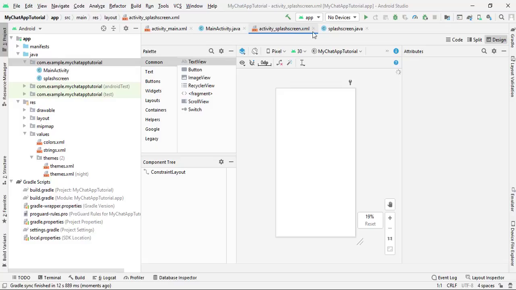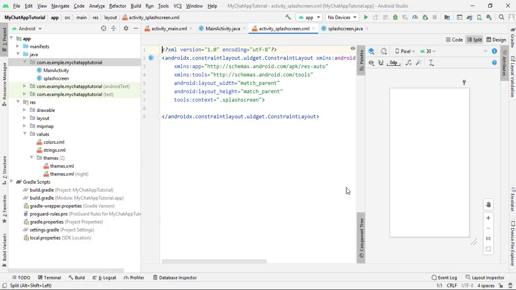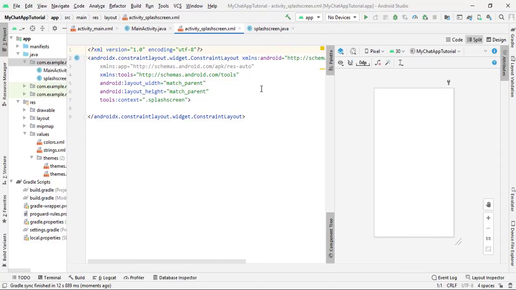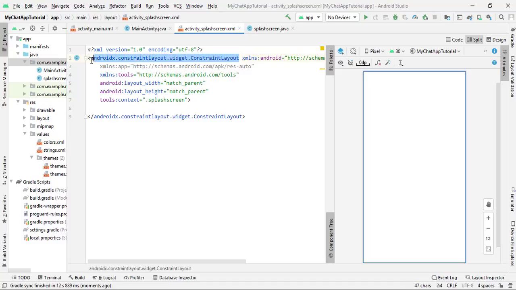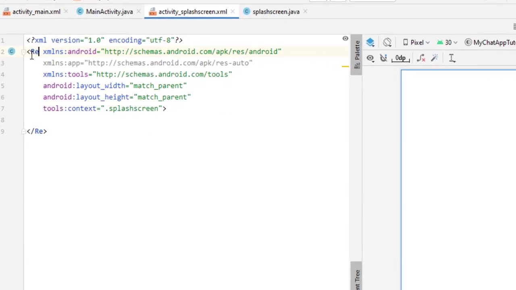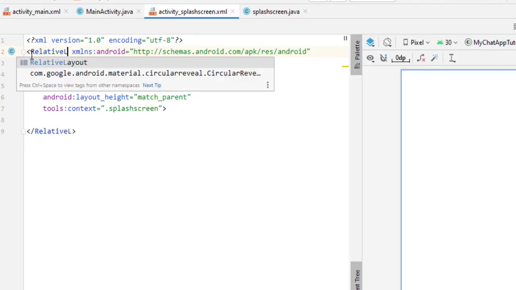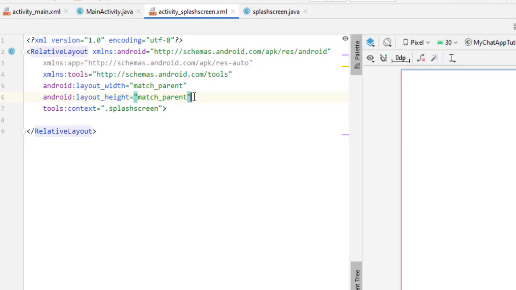So we are set to write all the code. First of all, simply click on activity splash screen, because as I already said, we are going to complete the UI first and then we will write the Java code. First I minimize this and then I expand this from here. It will help to create a better project. Now change the ConstraintLayout to RelativeLayout, because I always prefer RelativeLayout to create responsive design, and it is very easy to work with. After deleting, simply type here RelativeLayout. So this is done.